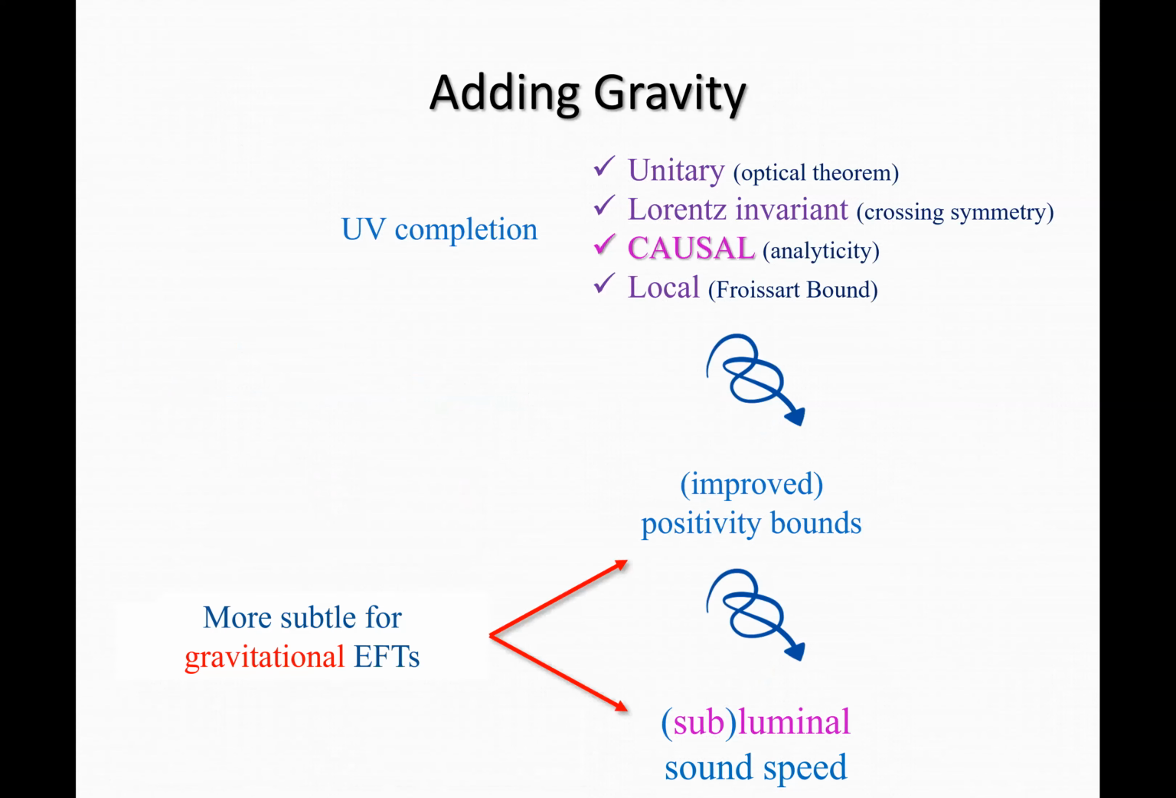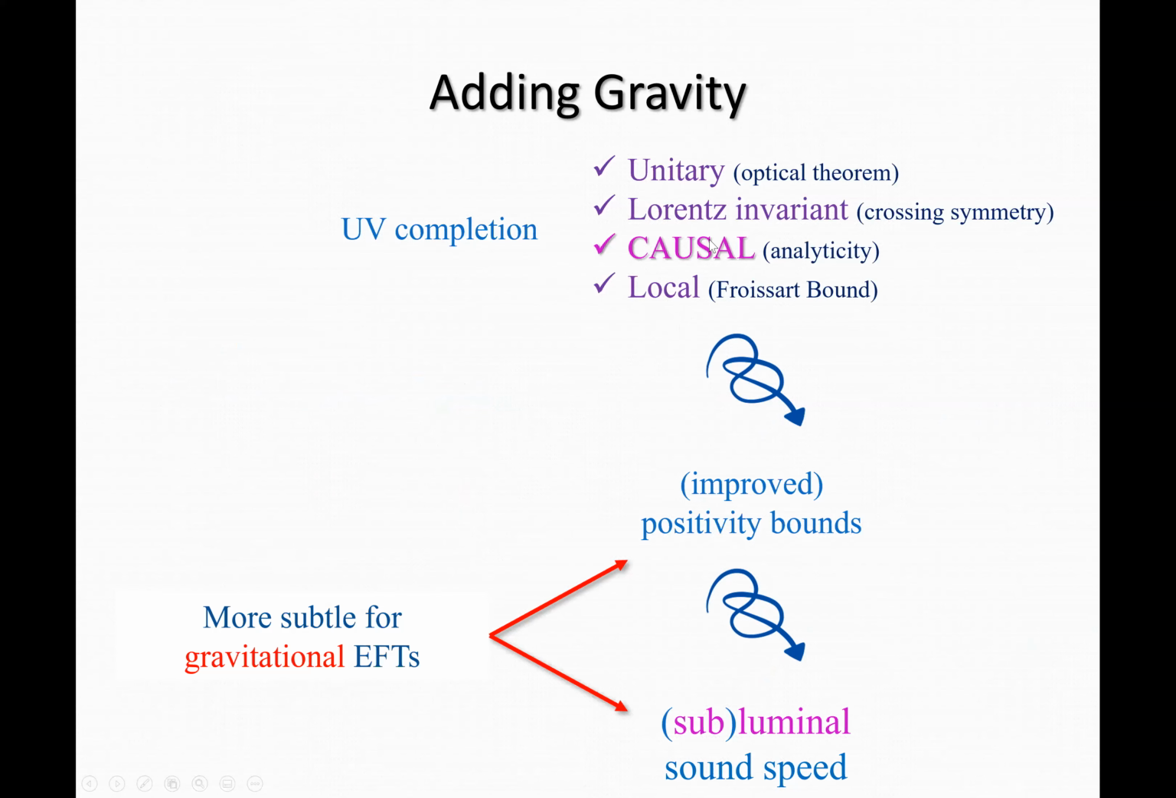So in the remaining time that I have, I don't know how much more time I have, I want to add gravity, of course. This is what we all want to do. We want to understand how these bounds are applicable in the gravitational setup. And there are many subtleties that occur. I'm going to be talking about one in particular, but just the derivation,